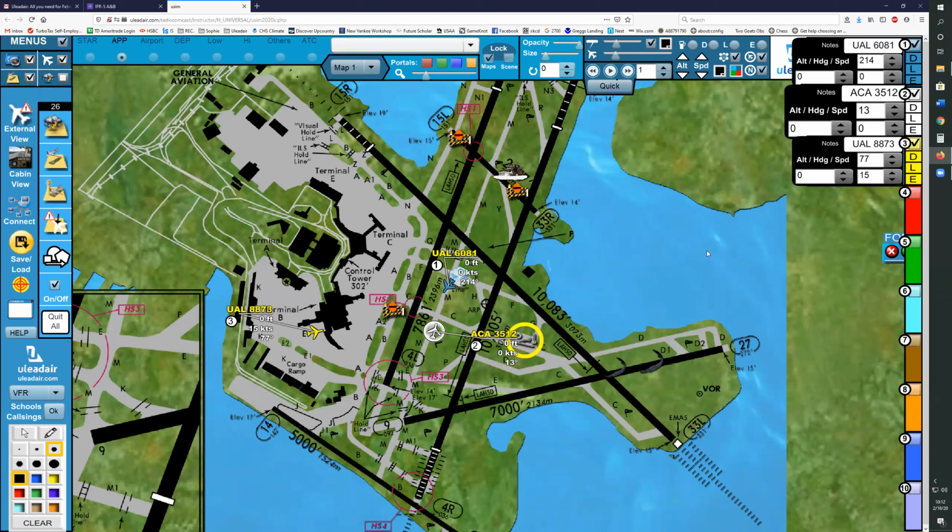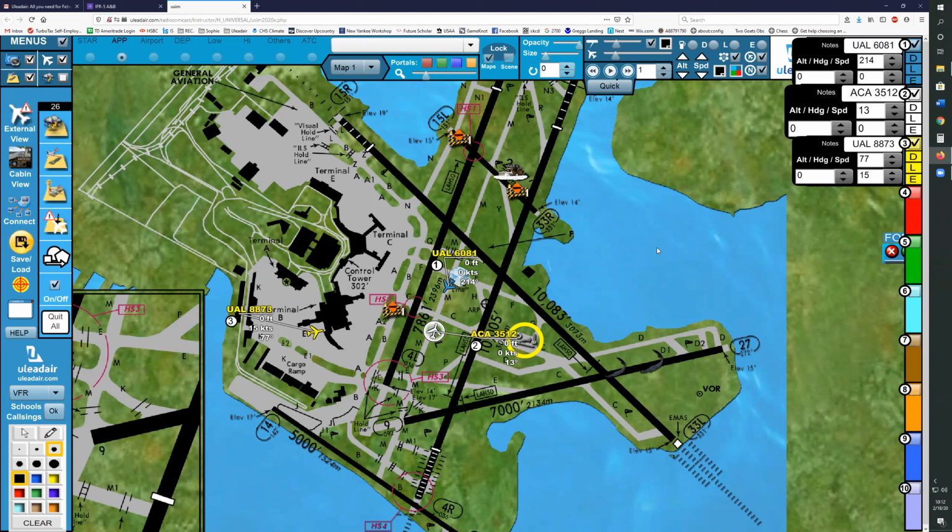Like maybe ground says, Air Canada 3512, confirm you're on Charlie, clear of Mike, and you tell them no, you're not. Okay, Air Canada 3512. We have traffic on Mike. Yeah, I guess.